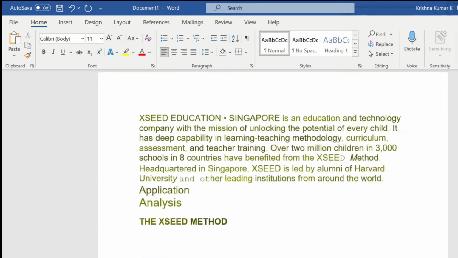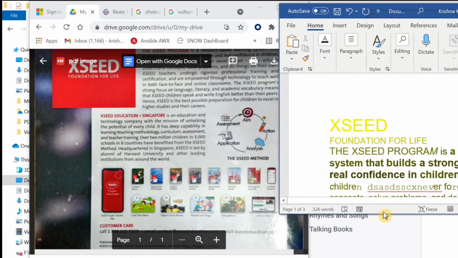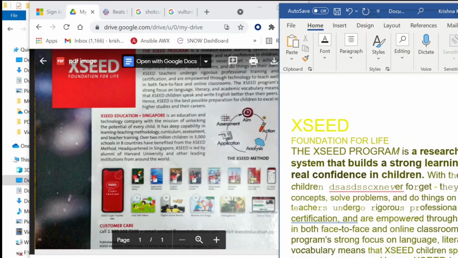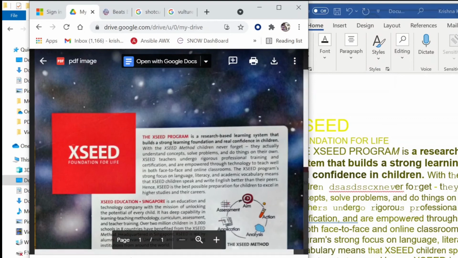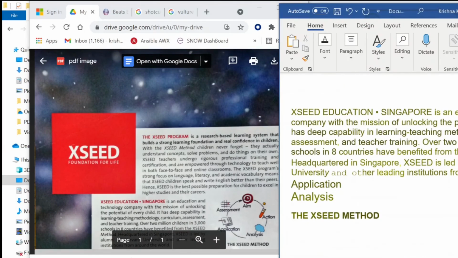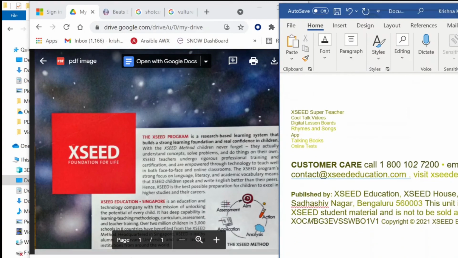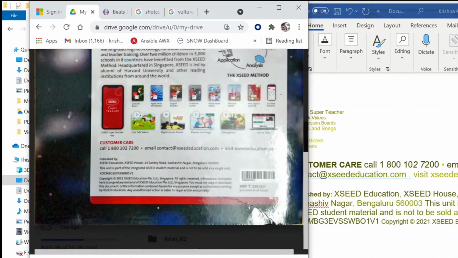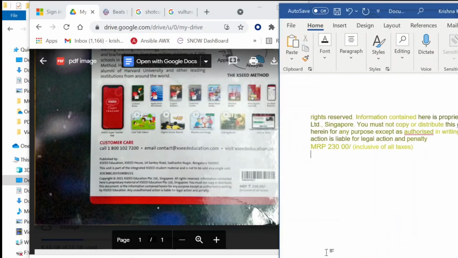You could see the actual data is available when comparing with this PDF. Whatever data is available in this PDF will be available till the MRP of the book.